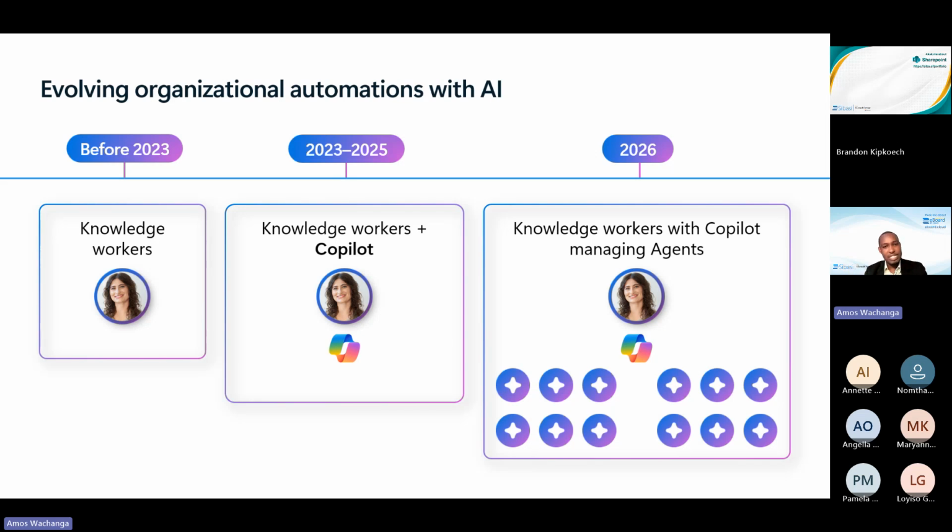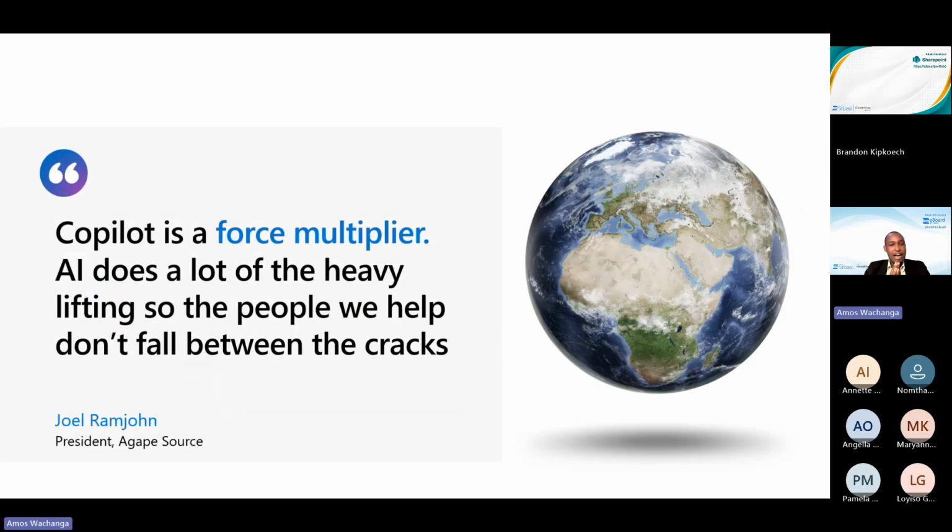And what you're seeing in 2026 as a key aspect that organizations might benefit from is the concept of what we call agents. And I'll get to explain what agents are shortly. Joel Ramjon mentioned that Copilot is really a force multiplier. AI can do a lot of the heavy lifting so that we as human beings don't fall in between the